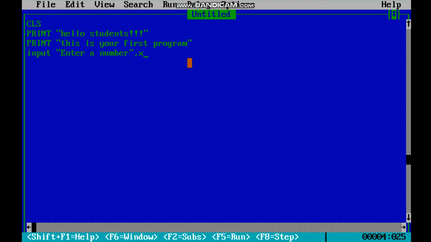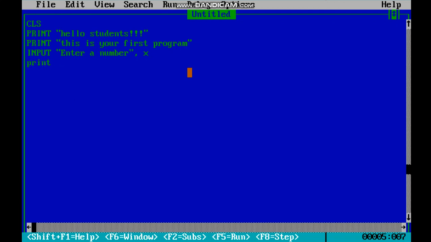Suppose I am going to use here x. तो यहां पर नंबर जो भी हम एंटर करेंगे वो x में स्टोर हो जाएगा. You all know variables. In my last video I have shown you what variables are. जो भी नंबर हम एंटर करेंगे it will go to x. It will be stored in x.